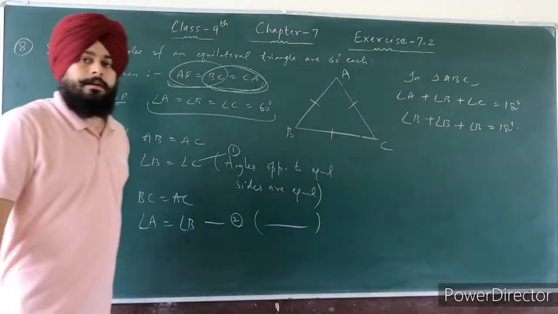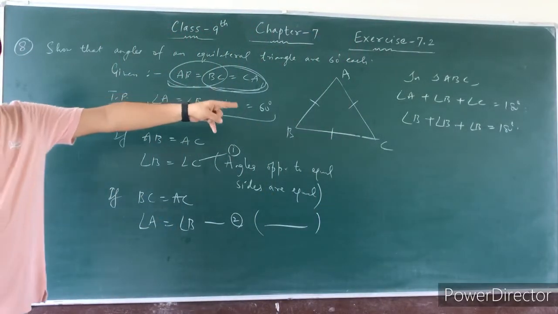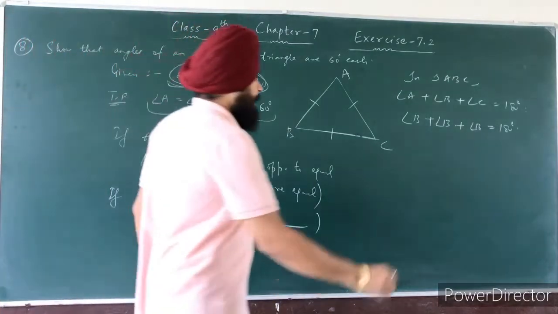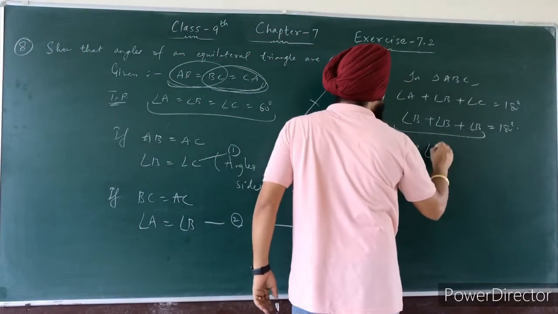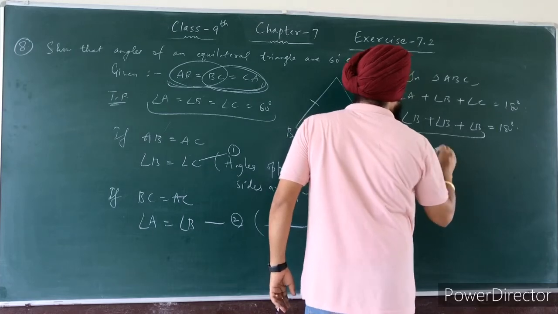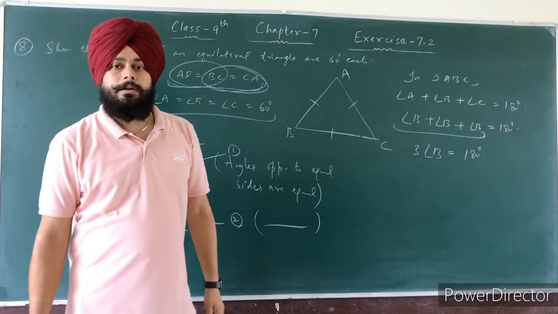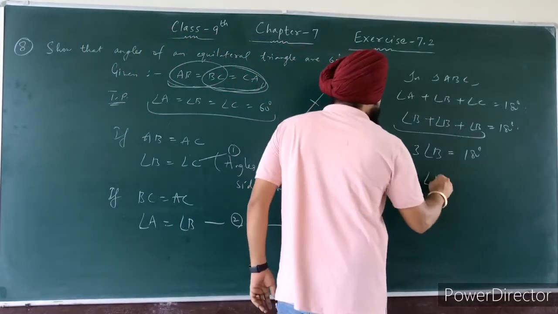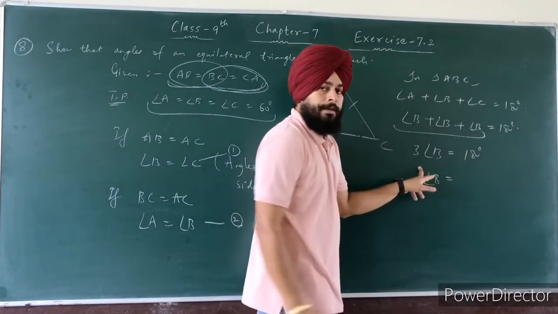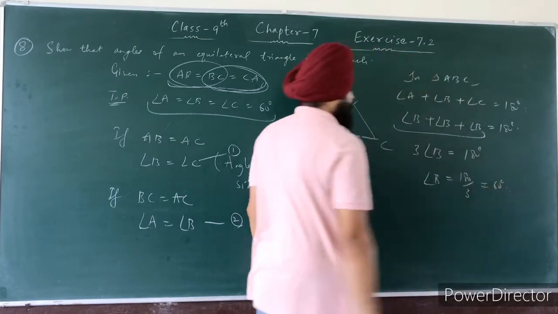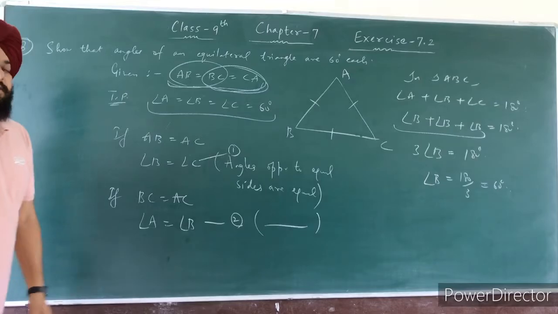180 degrees. Now you can see here angle B plus angle B plus angle B. So angle B comes how many times? 3 times. If you add this angle B 3 times, then what will come? It will become 3 times angle B is equal to 180 degrees. From this angle B is equal to what? 180 over 3. So 180 over 3 is how much? 60 degrees. From this the measure of angle B is 60 degrees.